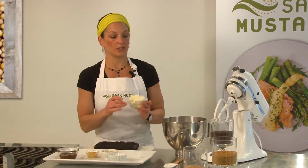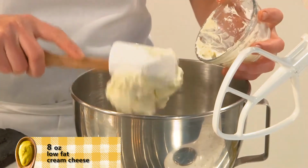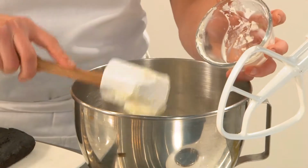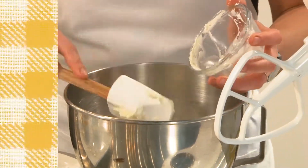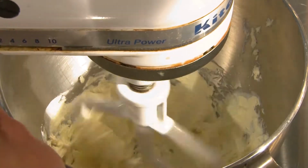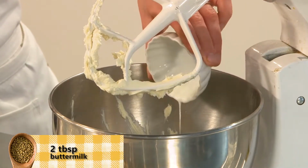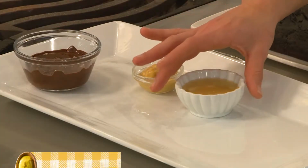First I'm gonna add the cream cheese. Whenever you're using cream cheese as a base for an icing, you want to beat it in the mixer by itself for about a minute to get it smooth and creamy. Okay, now I'm gonna add the buttermilk, the creamed honey,